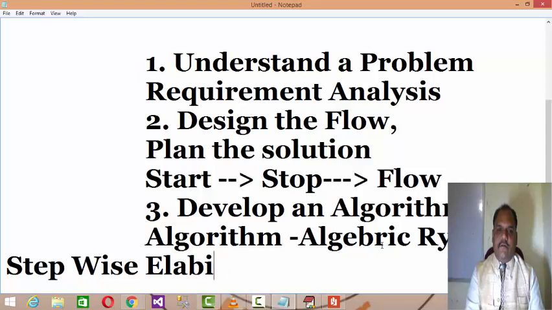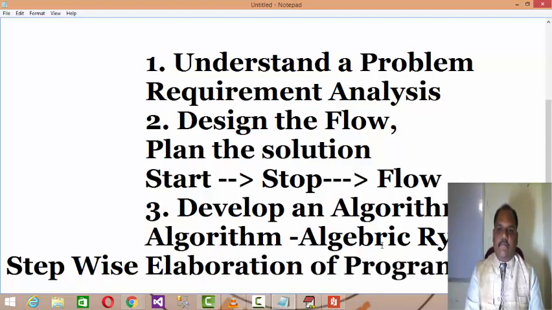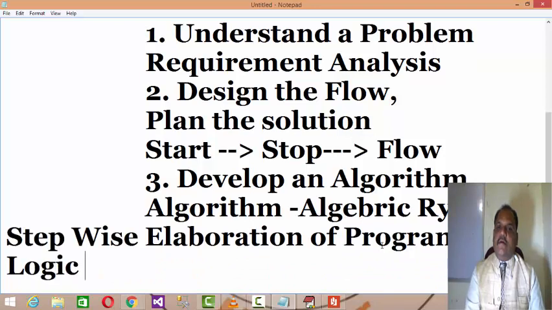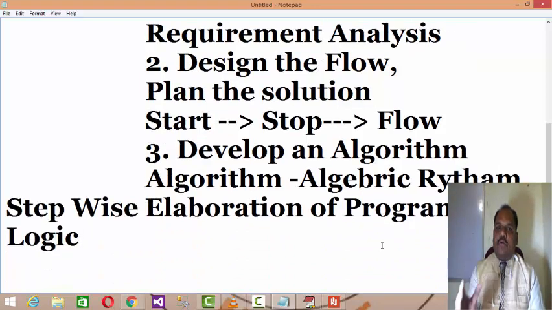So first of all, understand the problem, then design the flow by using the flowchart symbols, then develop the stepwise elaboration, and then understand the steps for the algorithm.